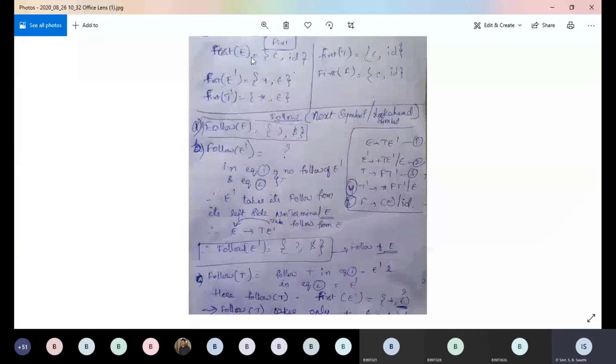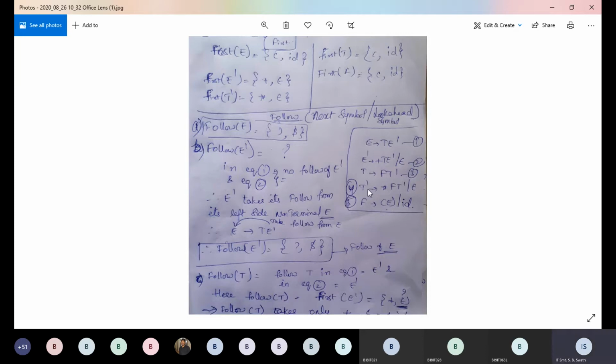That means whenever you are using capital E in the syntax trees, the top-down approach, whenever you are drawing the tree, that capital E can be replaced with either open bracket or ID. Suppose a string is given, and you have to generate this given input string. In that input string, if ID is there, you can use this production E goes to TE dash in that tree. Or if an open bracket is there, you can use it. If an expression is given to you without ID and open bracket, then there is no meaning in using this production E, because you won't be able to generate that input. So that is the purpose of using this first method.